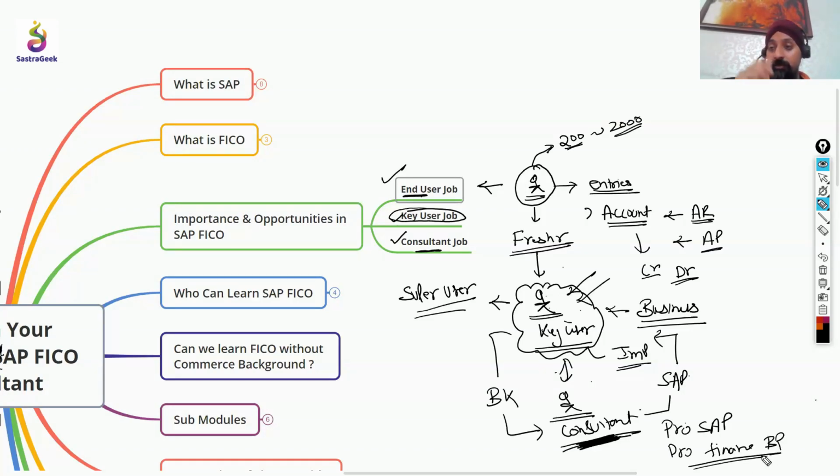He knows the finance business processes: accounts payable, accounts receivable, asset accounting, everything he knows. And he also knows how these processes are run in SAP. And he also knows how these processes are configured in SAP, and how these processes can be fine-tuned as per the business requirement. That is also something this consultant knows, right? So the training which we provided is pure consultant training, right? But after this training, you can also apply for end user